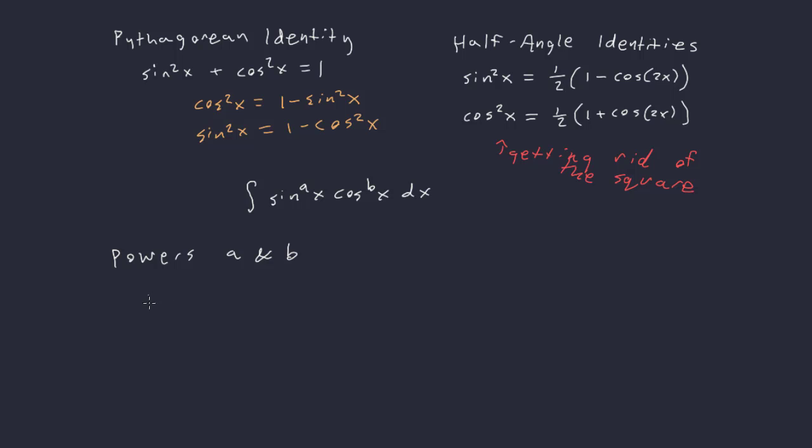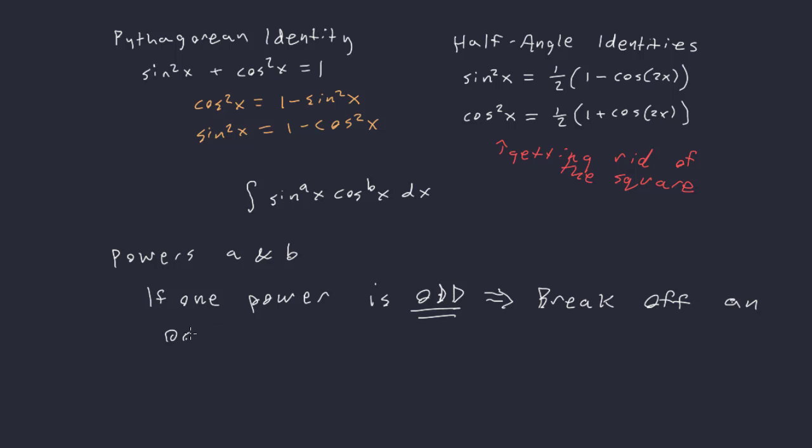It turns out if one of the powers is odd, and we only need one of them to be odd, then the technique is we break off part of that piece that's odd. So we break off one of the odd pieces, and I'll show you what I mean by that